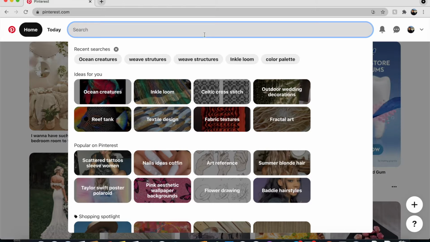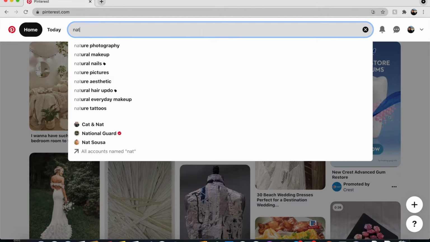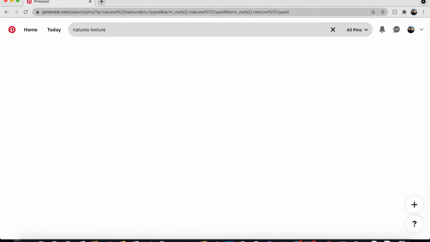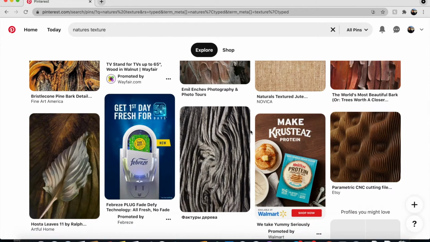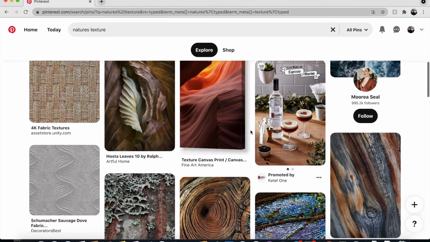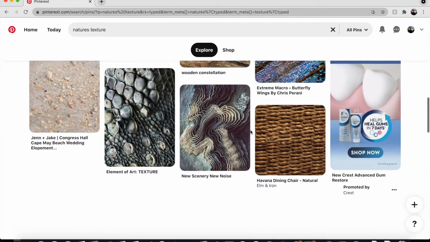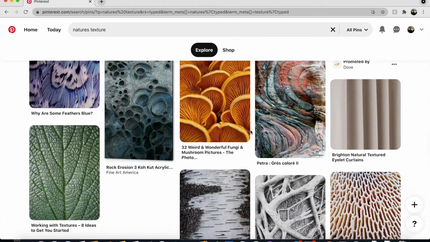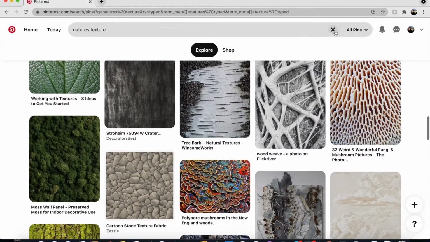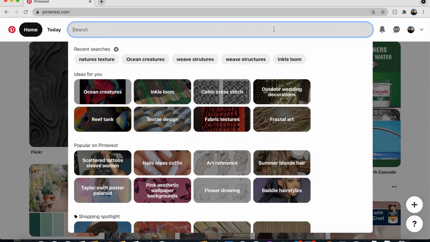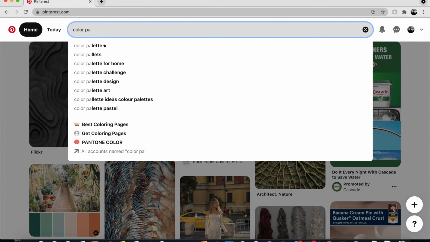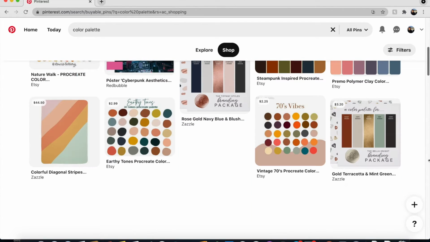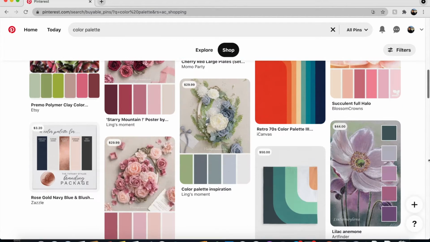Usually my go-to inspiration is nature, and I will look for textures or different scenery, or creatures and just see if anything catches my eye. I tend to find that nature is very inspiring, and I've used different aspects of nature in a couple of my past projects as well. If I'm not feeling inspired, I'll usually look up color palettes to see if any colors pop out to me